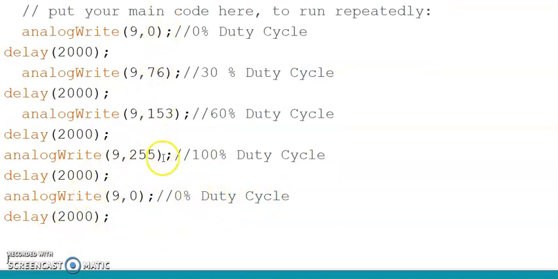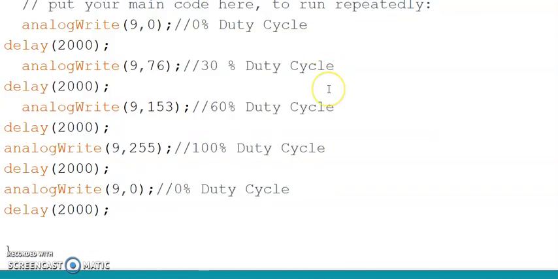In this way, by changing the duty cycle, you are going to change the effective voltage at pin number 9, and we have connected the LED to pin number 9 via a resistor so that the LED will experience a dimming effect.